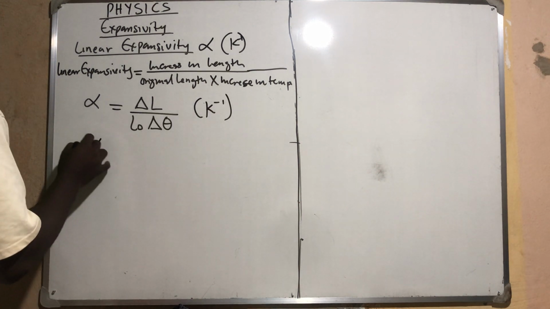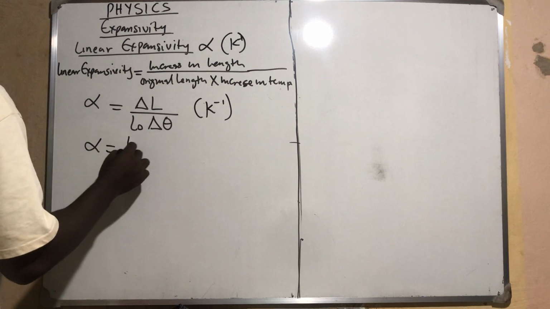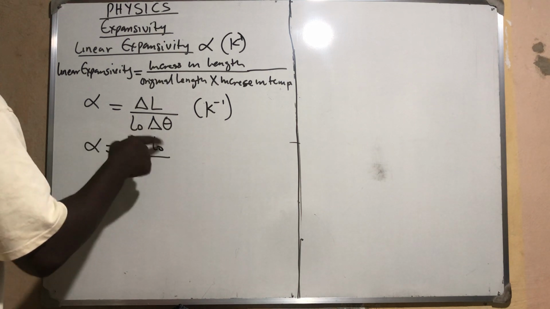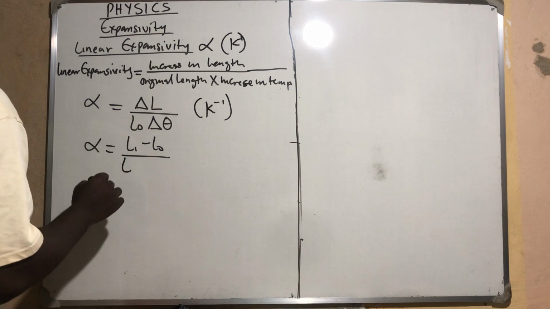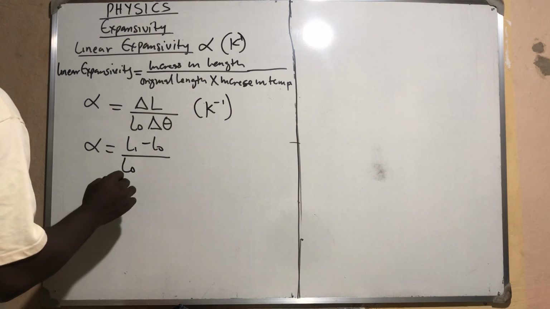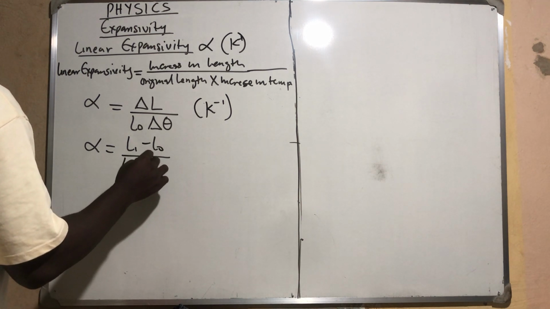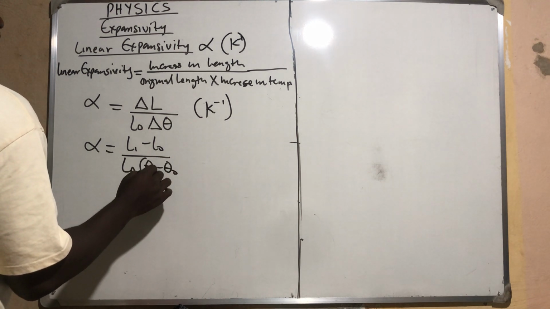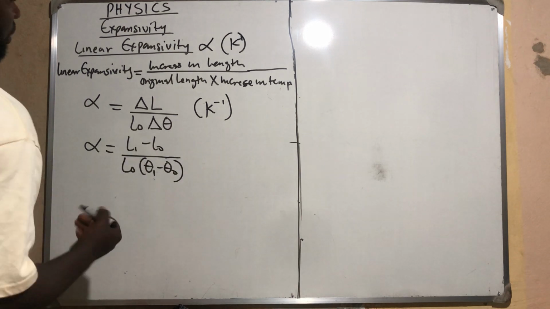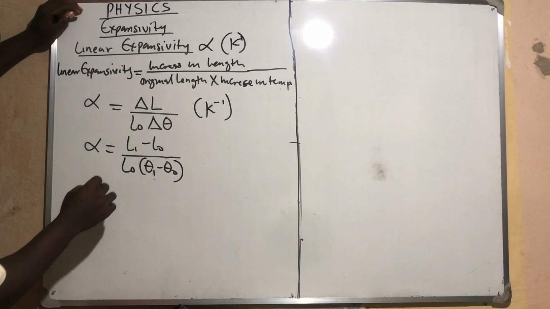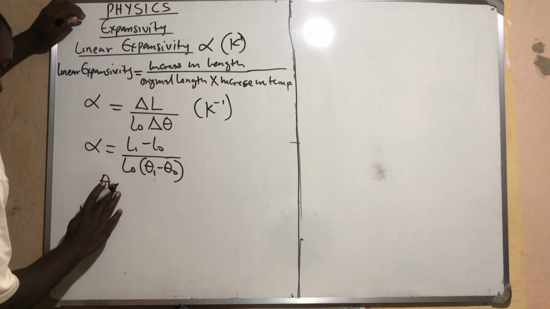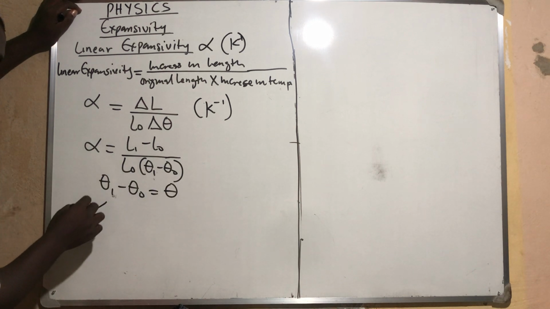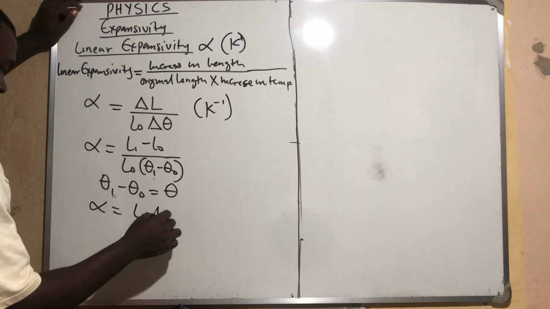So if you break this down, linear expansivity is change in length, meaning the new length minus the original length, all over the original length, then times the new temperature minus the original temperature. Now let us assume that theta 1 minus theta 0 is just theta. So we have alpha is equal to L1 minus L0 all over